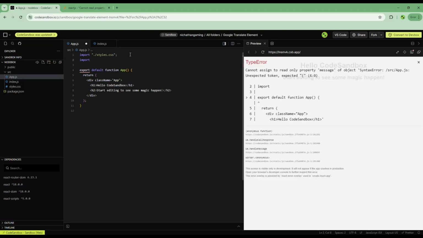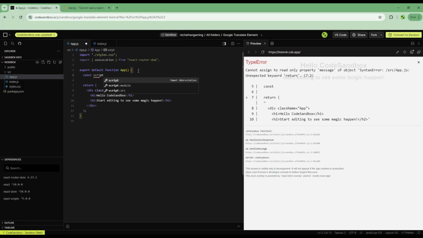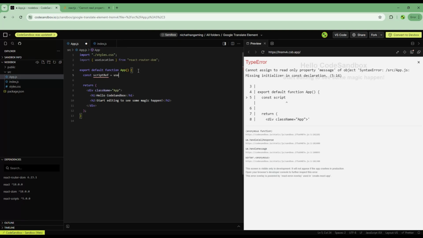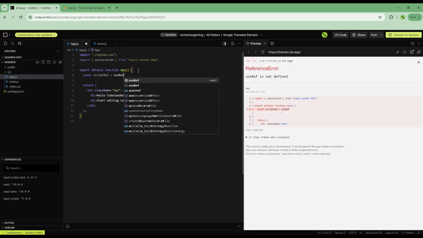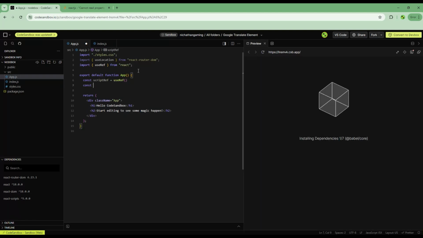Alright, so in this I want to import my useLocation from React Router DOM. So import useLocation from React Router DOM. It added it so nice. We also are going to be using some useRefs. So I'm going to say const scriptRef equals useRef. There we go, imported from React. I'm also going to say const